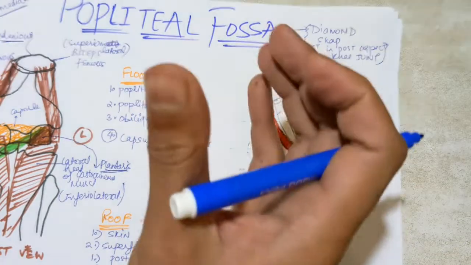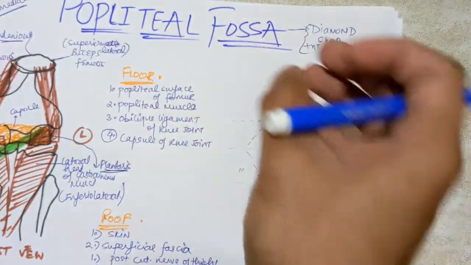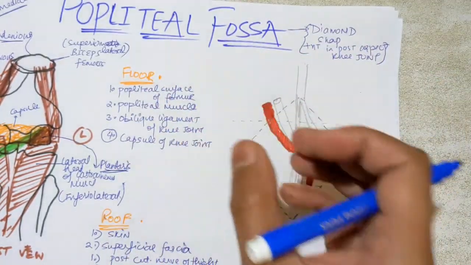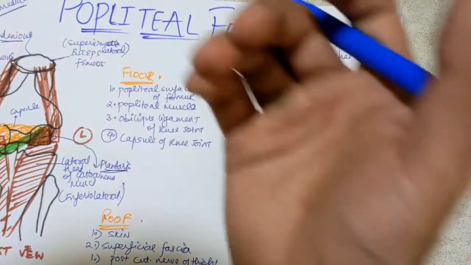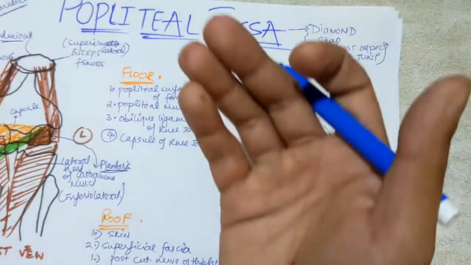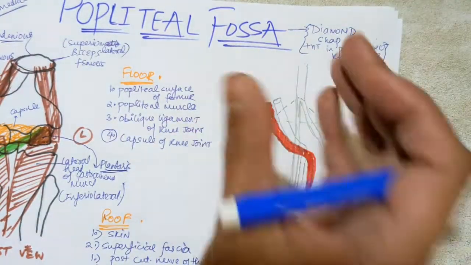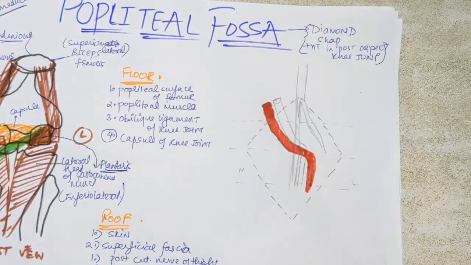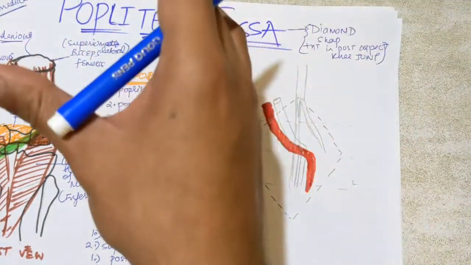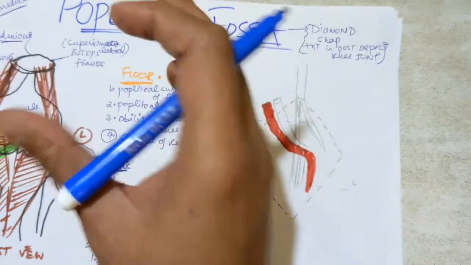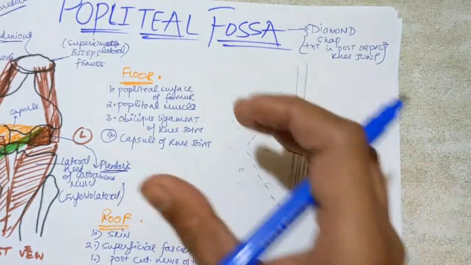So veins actually drain the blood, so we use the term tributaries, and in the section of your arteries we use the word branch, because these arteries are giving the blood to the different branches, but these veins are actually draining the blood from different organs and giving it to the main vein. That is the main vein which is taking the blood to the heart. So we use the word tributaries here.